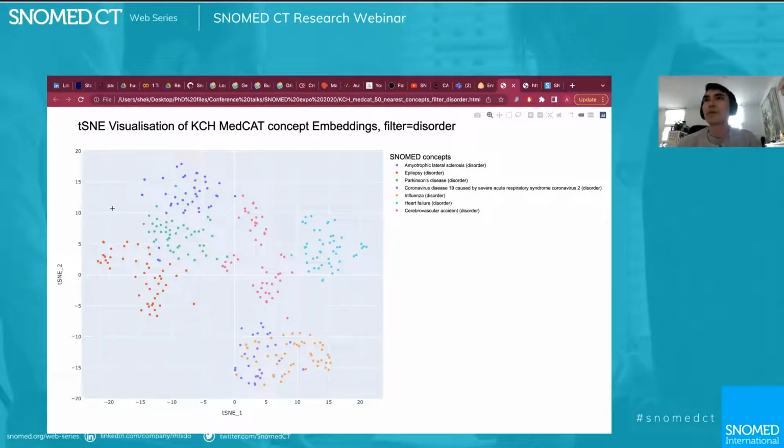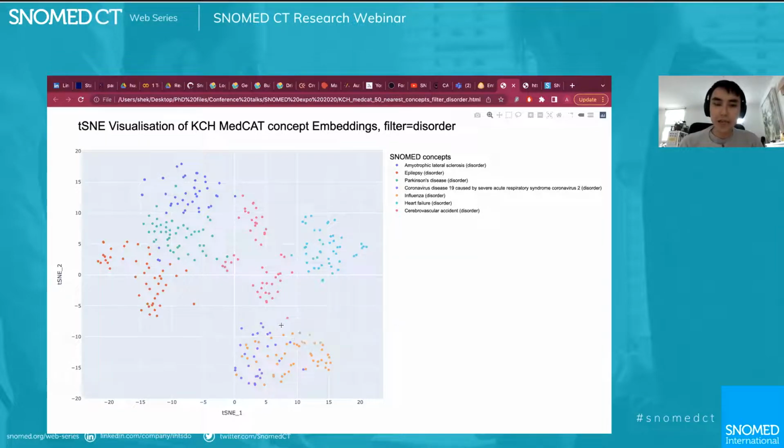It's what you'd expect, because they're both neurodegenerative disorders, and epilepsy is a little bit further off over here as well. In the middle is your stroke, in between, and on the right-hand side is your heart failure. So there is a degree of learning that the models can produce from training on a large corpus after you train these vector representations.